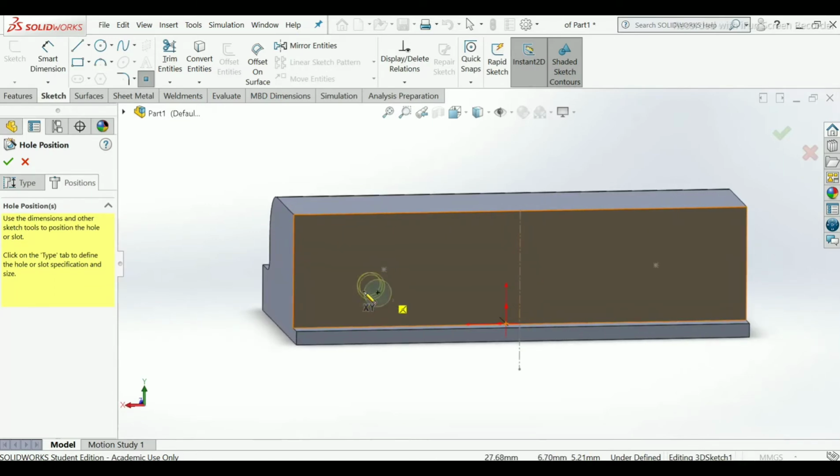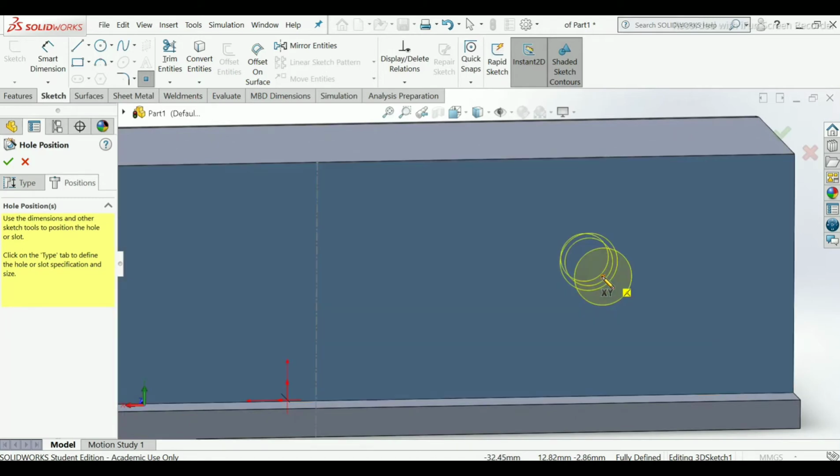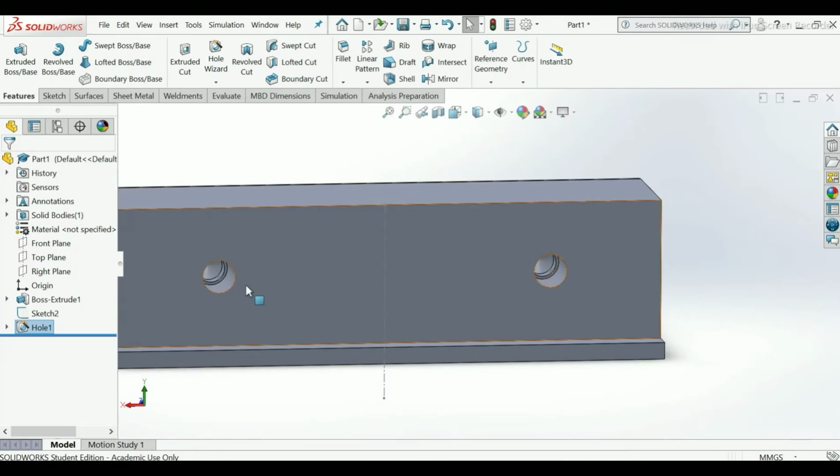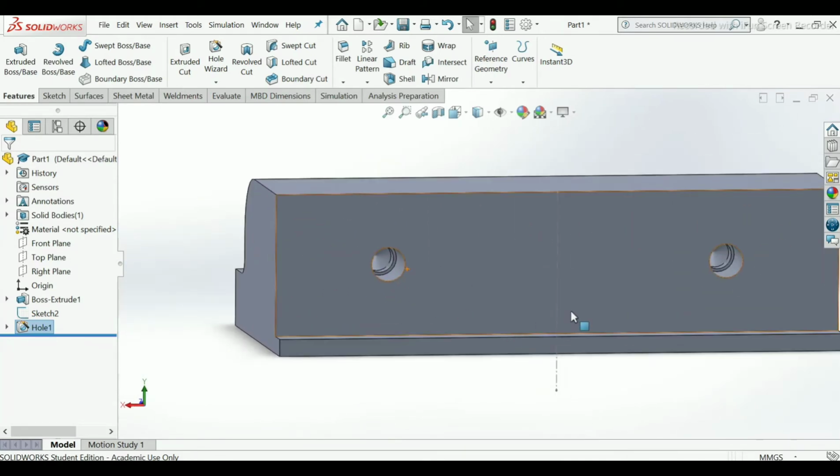Now our hole has been selected for it. Choose the points that we have created. Select this point and this point. Click OK. See, our holes have been applied with the hole wizard. So hide this sketch.